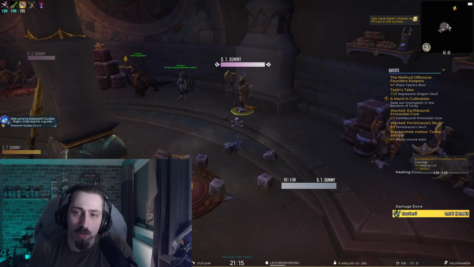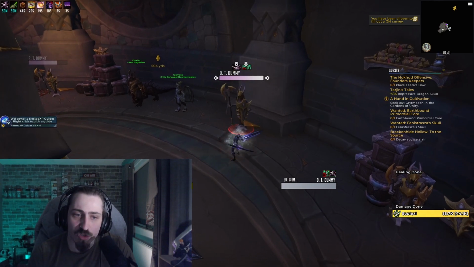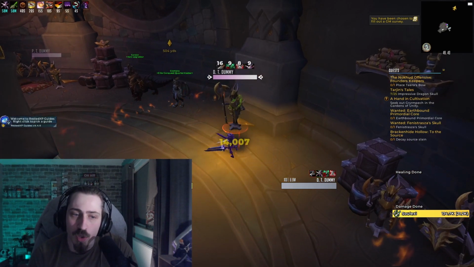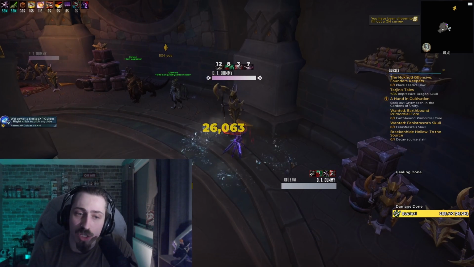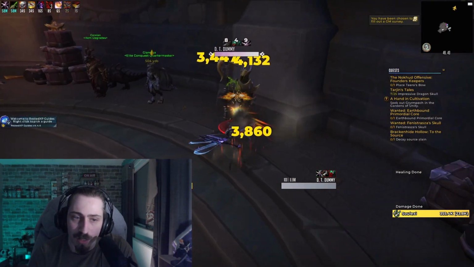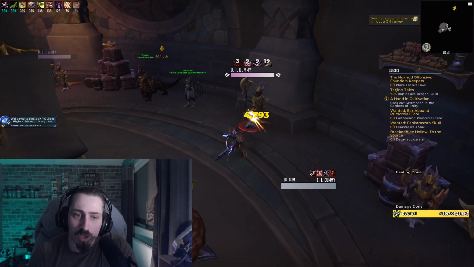Right, so let's play about a bit with the single target rotation. I'm going to Roll the Bones before we go in. I'm going to initiate an Ambush, straight into a Vanish. Ambush again, then Adrenaline Rush, shot, trinket, Ghostly Strike, Shadow Dance, Ambush, Dispatch, Ambush, Dispatch, Roll the Bones, Sinister Strike, Killing Spree, as that's our single target talent. Look how cool that looks. Sinister Strike, Pistol Shot because it's proc, Between the Eyes, Ghostly Strike,